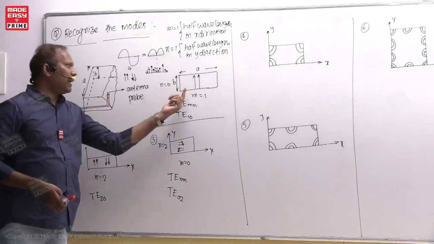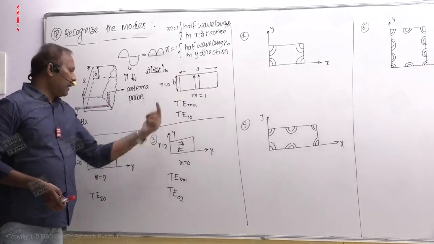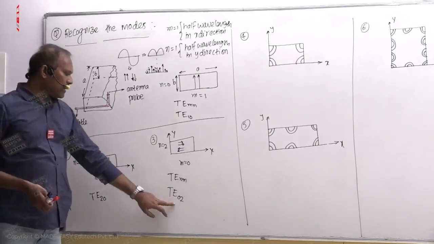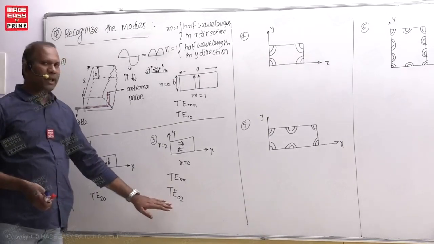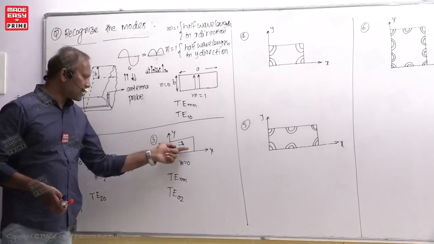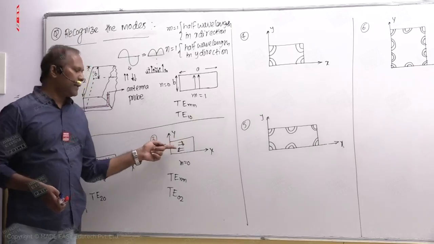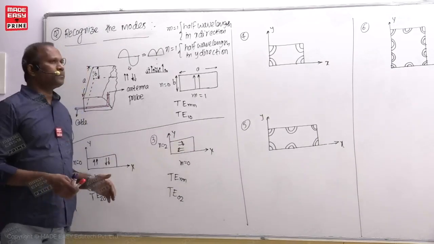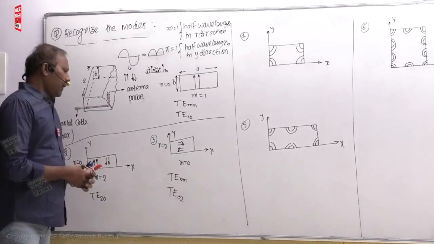So that's why the electric field is in the Y direction. And if you see this mode, for this the electric field X component will be present. That is why the electric field directions are in X and Y direction here. No, the electric field is in X direction actually. Now